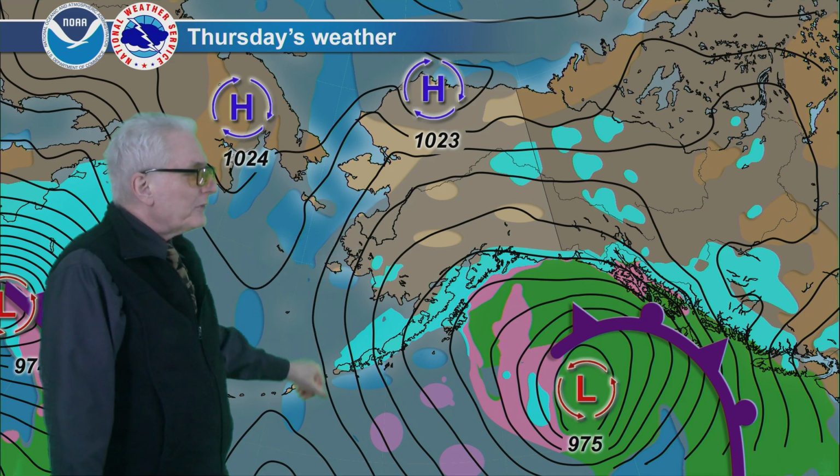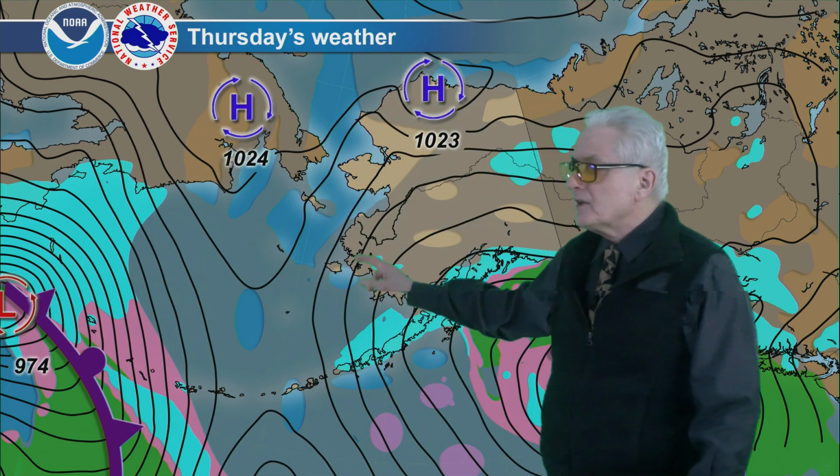High pressure, light winds, cold temperatures in over the North Slope, and light northeast winds, maybe 15 to 20 miles an hour. Some higher gusts possible at Cape Lisburne, Cape Romanzof. Still pretty breezy there for Cape Lisburne as well with continued northeast winds, but the wind advisories may end, maybe not. A break here over the Bering Sea ahead of this next